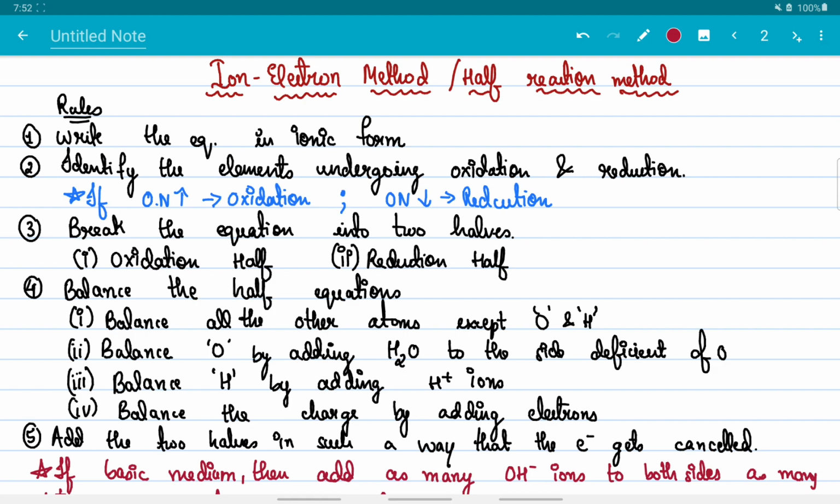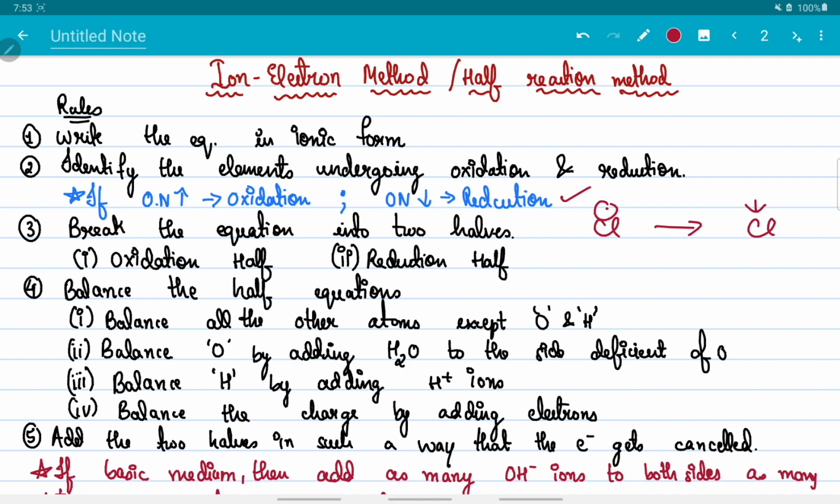Now the second step is we have to identify the elements that are undergoing oxidation and reduction. In an equation, if you want to identify the elements which are undergoing either oxidation or reduction, I have even mentioned a point over here. If you see from LHS to RHS, and if the oxidation number is increasing of a particular element, okay, suppose Cl is given on LHS and Cl is given on RHS also with some different elements, and if you see the oxidation number of Cl over here on LHS is more than over here on RHS, then that means the oxidation number has decreased from LHS to RHS.